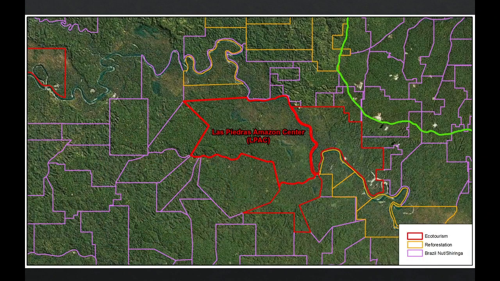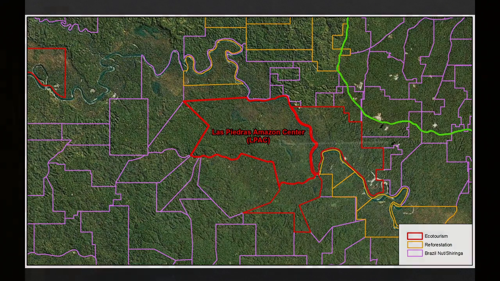Our study site is called Las Piedras Amazon Center, and it's surrounded by many concessions, about 200 of them. Each of these areas is managed by its own concessionaire, so they have different interests. And in some of these areas we have a lot of deforestation and illegal timber extraction. So our study here is trying to determine which species of mammals remain in the area and what are their